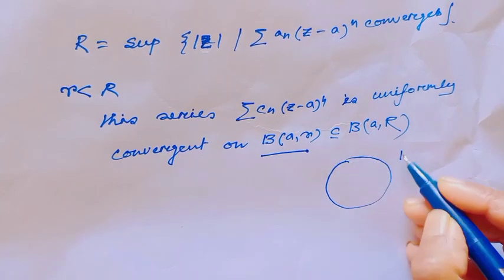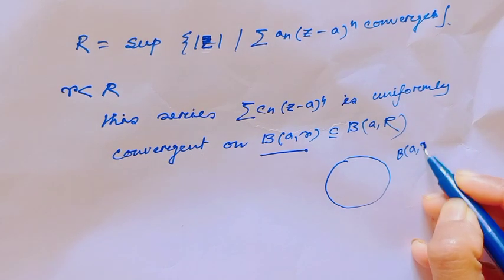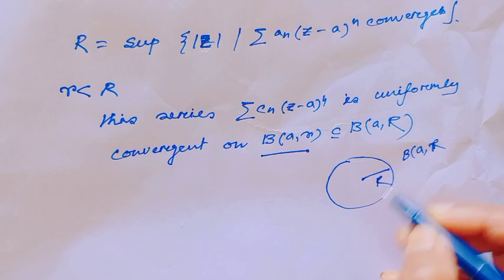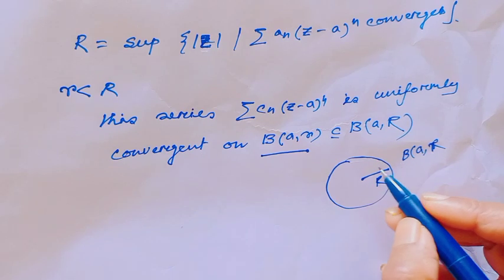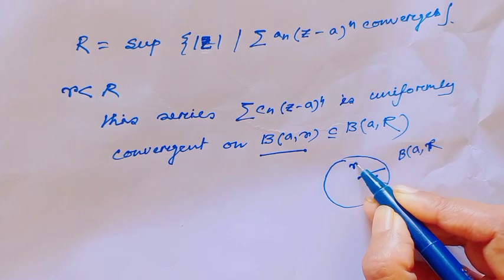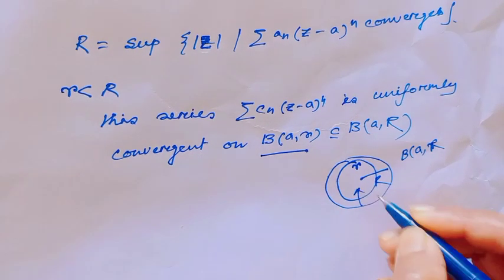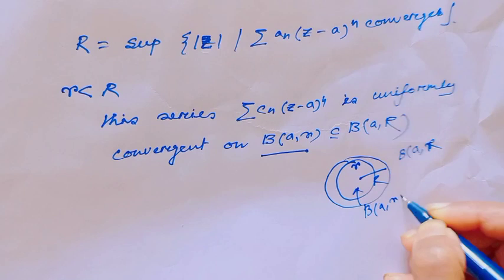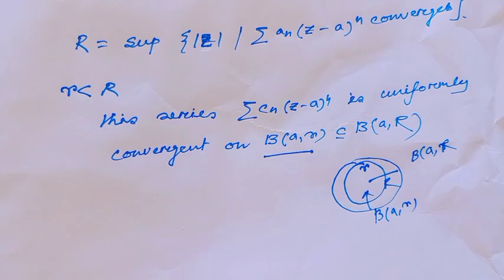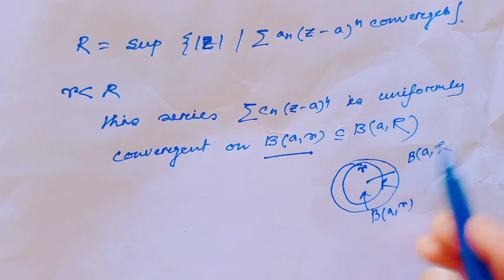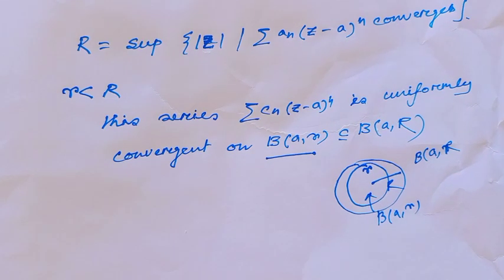That means here, this is the radius of convergence R. In this region the power series is convergent. That means there exists a small r, and this is now the closed ball B(a, r), which is contained in B(a, R). In this region the power series is uniformly convergent. Why is this? Because